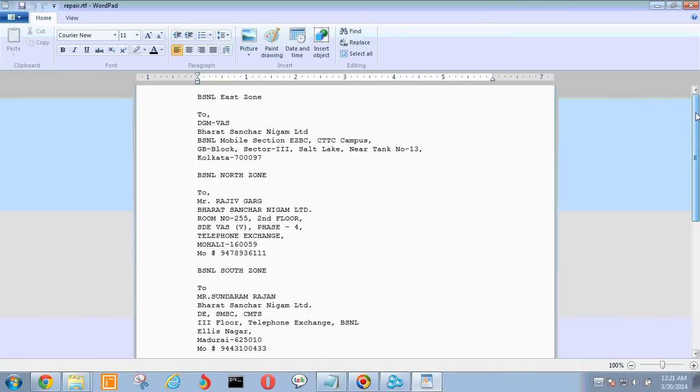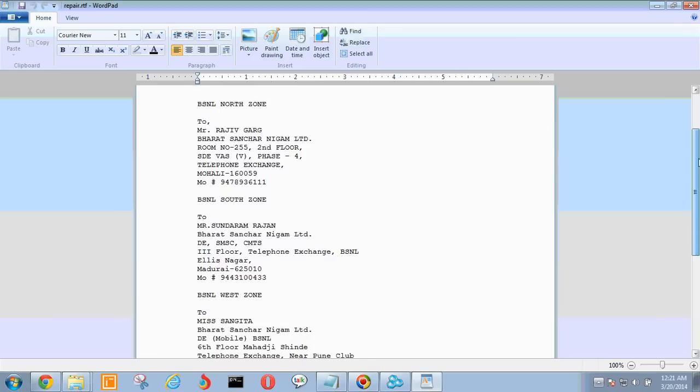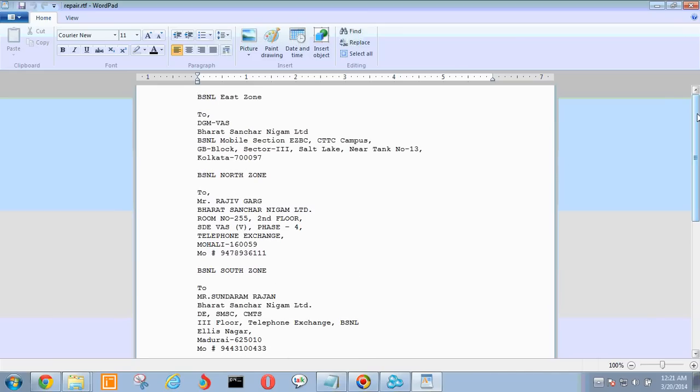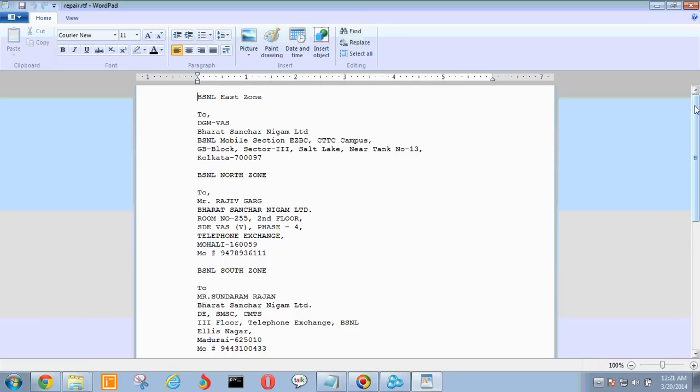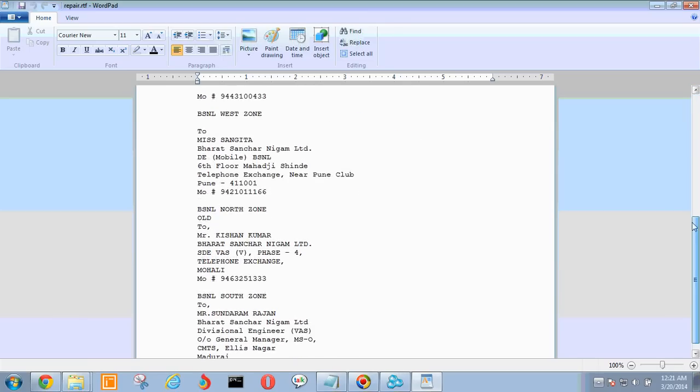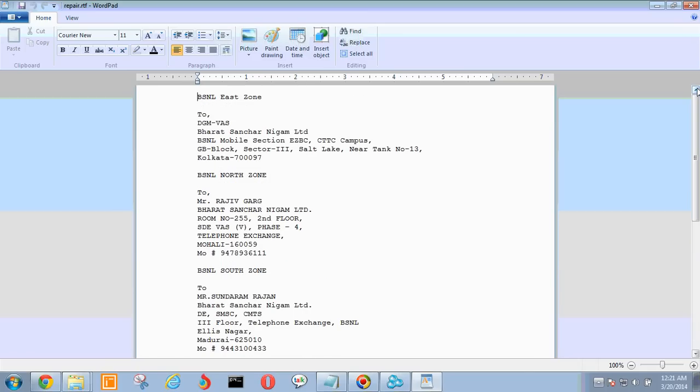Here we have done it. This is my recovered text, but actually this is not a .doc file, because the original header of the .doc file is not available within the hex values of this file. So we have saved only the contents of this file, and this is reading only the contents. So we are done here.